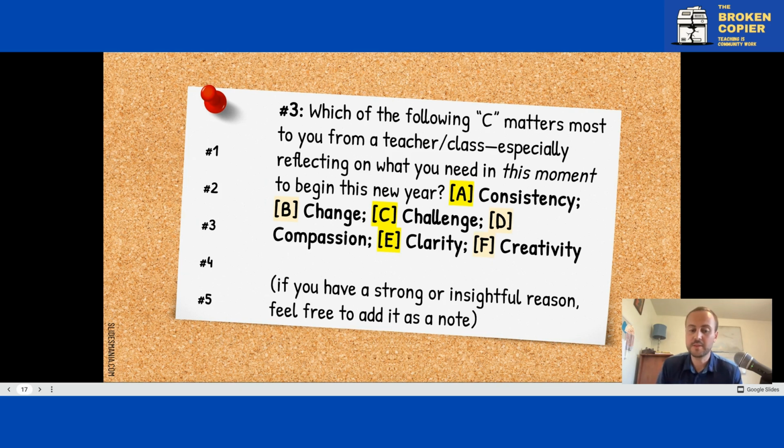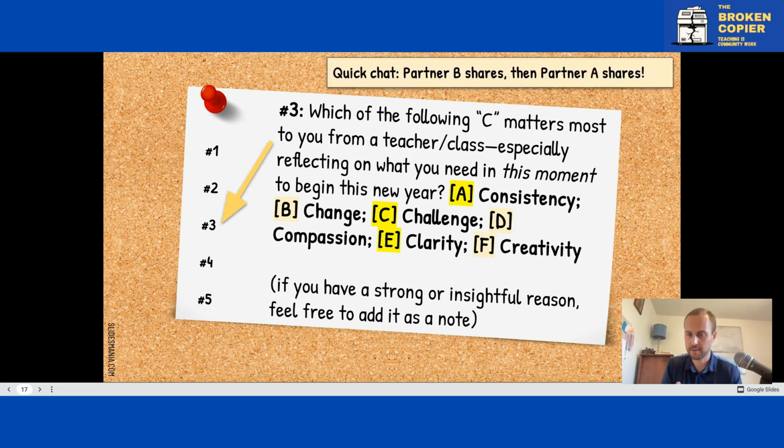But then more importantly, this is one where I do want them to talk with each other. And then I say, hey, raise your hand if you said consistency. Raise your hand if you said change. Because what that creates is this landscape in the classroom where they notice, oh, me and several others like consistency, but a lot of other people want change. Oh, some of us want challenge. Others want compassion. And different people need different things from the same classroom. I like them to see that. I like to know what they need. But I also like that message of, hey, this is difficult to make happen for everyone at the